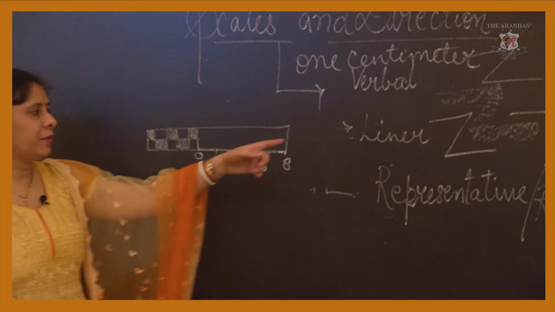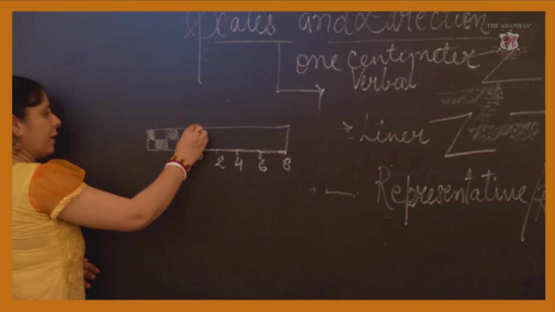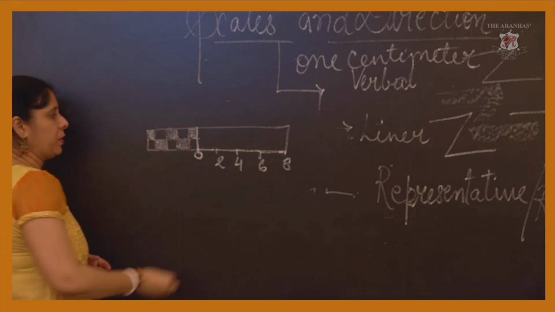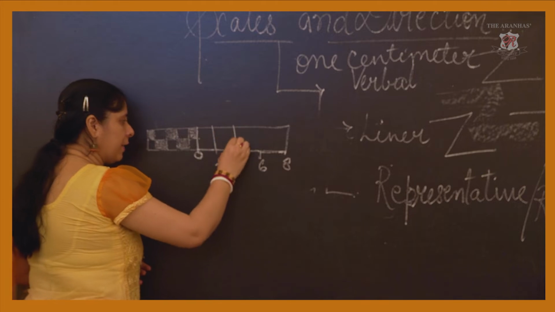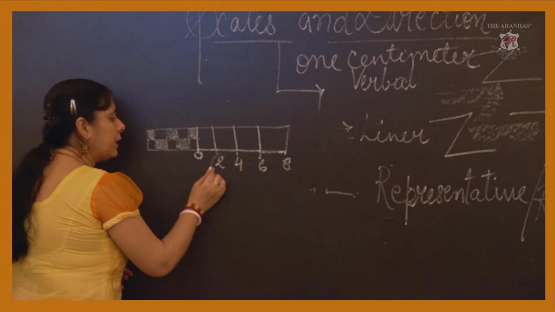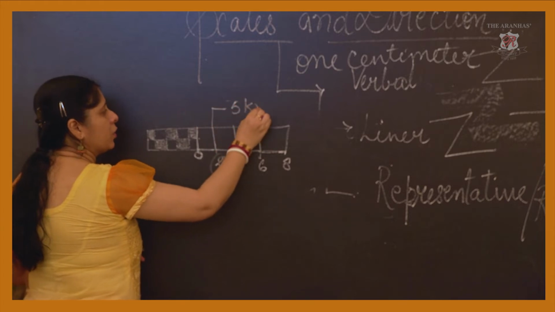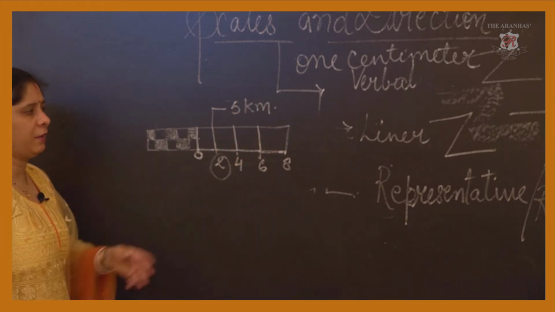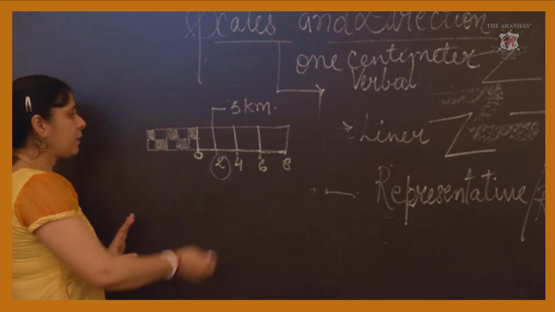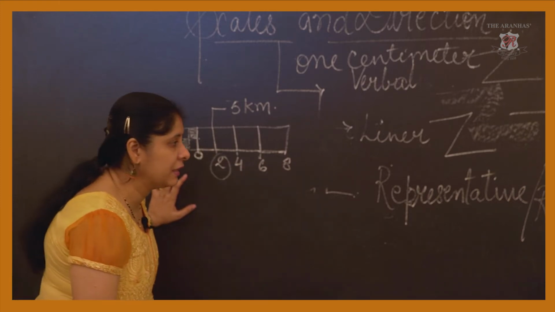Okay, in this pattern only it has been mentioned. So like this we can divide. This 0 is the neutral point, the same point. Here the scales are divided. Here we have to assume that particularly this scale represents 5 kilometers or anything. That we will discuss in detail when I will be explaining you. I am just giving you a reference here. Like this we can divide. So these are the type of a graphical scale, linear scale.